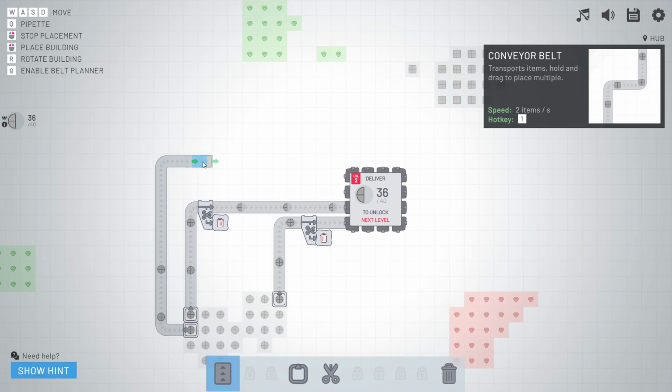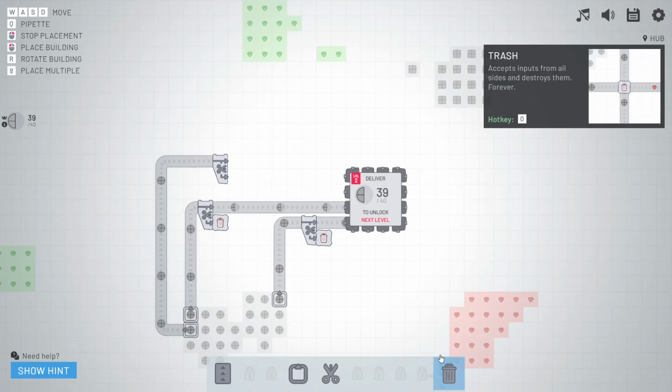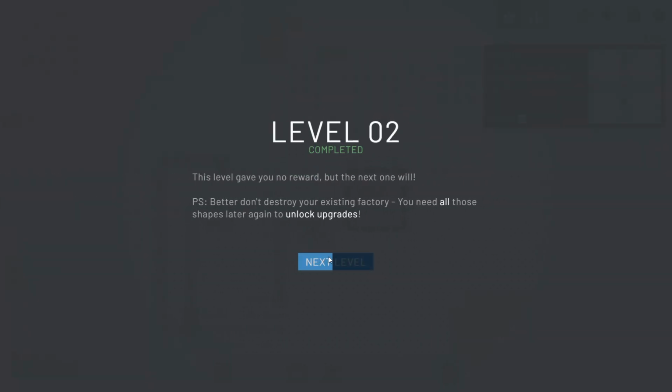Just like something like this. Okay, we'll put a little. Oh, level 2 is complete already. Woo! Didn't have to do it. Now,